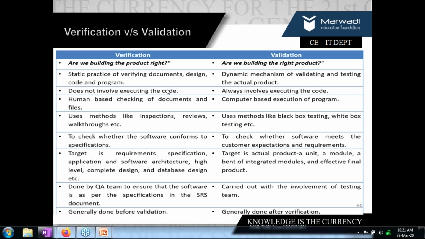Then what is verification? Verification is checking that the actual software is built for the right concern. So this has to be done before validation happens. Before I get into implementing the details of my system, I'm implementing module 1 and module 2. Before that, I need to verify whether I'm building it correctly according to the requirements given. Now go through the points for yourself. Whatever we learned in the QA chapter goes under the header called verification.